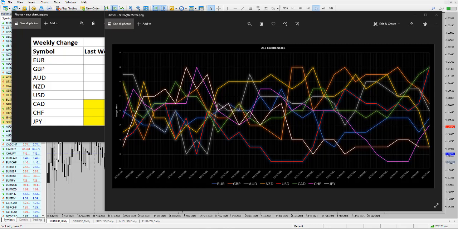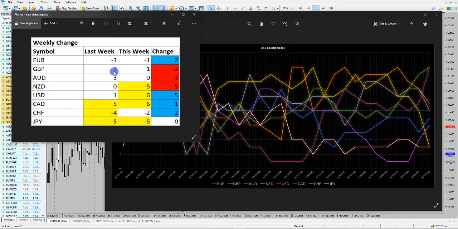In this video we're going to take a look at the Forex market outlook. We're going to identify the strengths and weaknesses of the currencies and then go through a few charts and levels of interest. So just to start off with the strength and weakness chart,